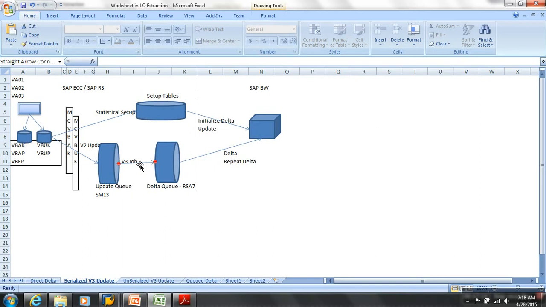So with the V3 job, it was also doing sorting of LUWs. And with that sorting, we had a lot of problems. Because their intention was all the LUWs are posted into the update queue, then they wanted to send the postings in the same sequence to BW. Getting what I am saying? If I miss a sequence, can I load it to ODS? No, right? I need to send the postings in the same sequence. So in order to maintain the sequence, they were using the sorting option with the V3 job. When you run the V3 job, it sorts those LUWs based on the date and time of creation and then takes them into delta queues. But that had limitations again.